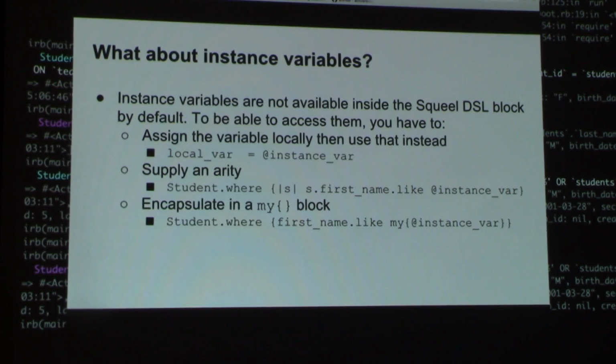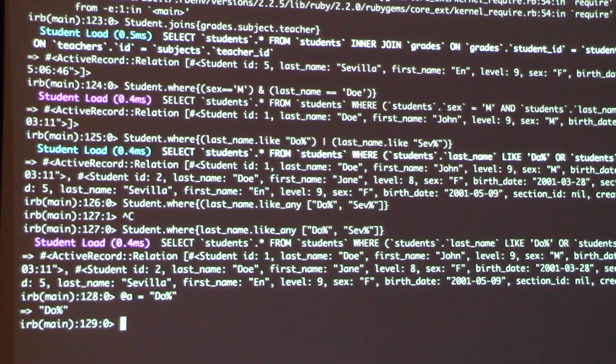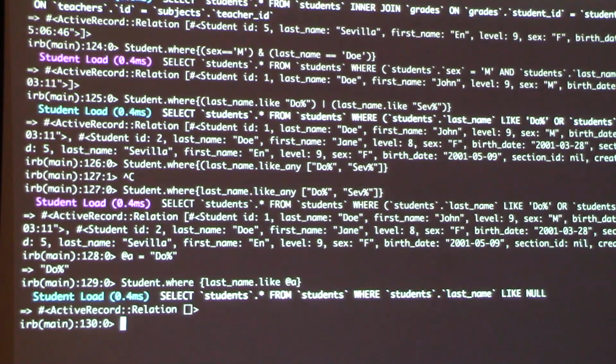The caveat, although, to Squeel is that it doesn't support instance variables by default. So to illustrate, for example, you have an instance variable that says at a is equal to, and you do a query with it, it will return nil because it doesn't see instance variables.